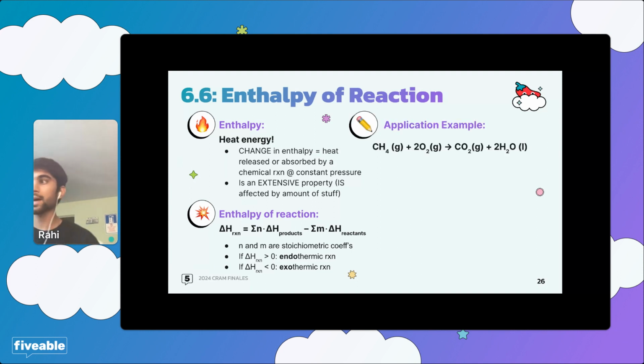Okay, let's look at a quick little example. In this example, 1 mole of CH4, or methane gas, is reacted with 2 moles of oxygen. This is a combustion reaction, by the way. If you were here yesterday, I hope you can see that as well. Anyway, you have 1 mole of methane and 2 moles of oxygen that are reacted to make 1 mole of carbon dioxide gas and 2 moles of liquid water, or H2O. Our delta H of the reaction in this case is negative 840.4 kilojoules.